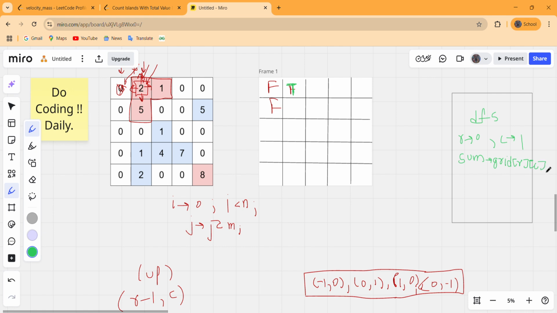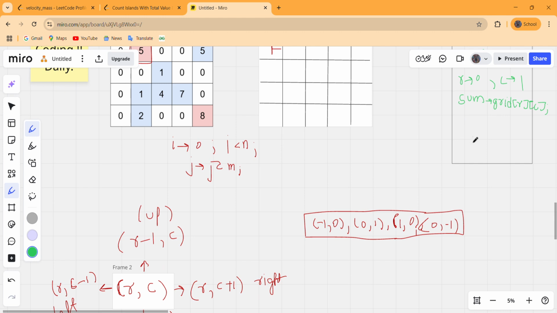Now after doing this, we have to move for every adjacent cell of this too. So we can start a loop for j equals 0 till j is less than 4, or j is less than dirs size, and here this dirs size is 4. Every time j is incremented, we have to find the new nr and nc,